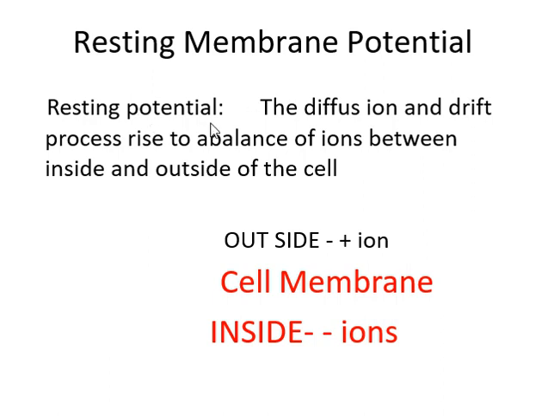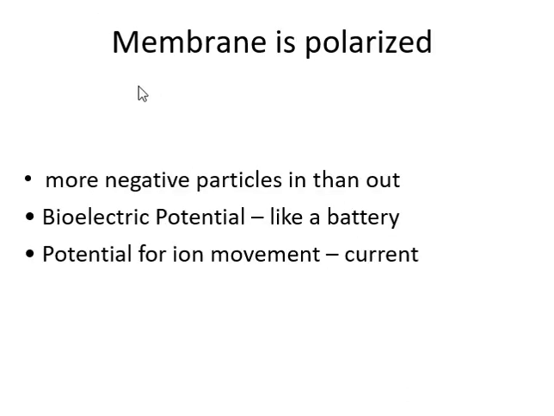Resting membrane potential. Resting potential means the diffusion and drift processes give rise to a balance of ions between the inside and outside of the cell. Resting membrane potential is important because it provides the electrical charge difference needed to initiate the transmission of electrical signals. And the next topic is membrane polarization. A polarized membrane is a lipid membrane that has a positive electrical charge on one side and a negative charge on the other side. That means more negative particles in the